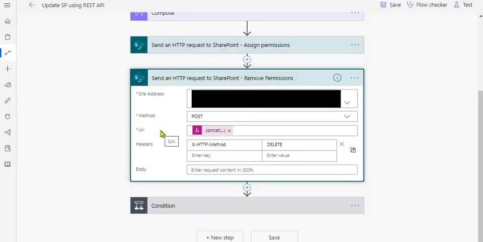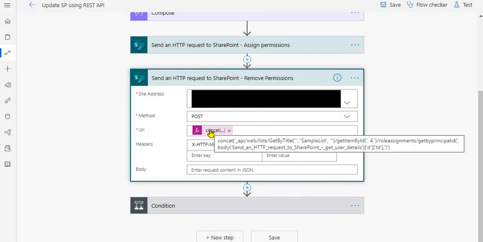So this is another action I've just added to demonstrate how you can remove the permission. Again, you need to specify your site. This will be a post method. In the headers, you need to specify the HTTP method, which will be delete. Without this, of course, it won't work.